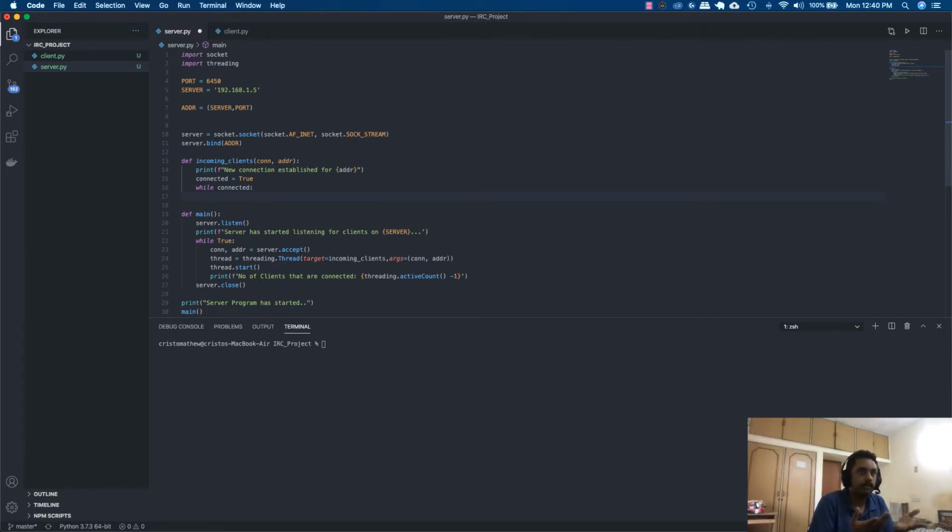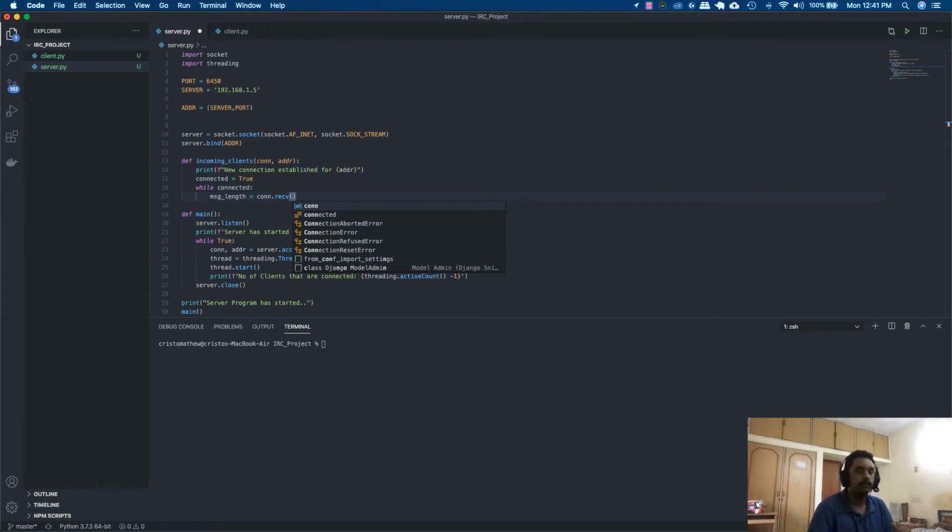For example, let's say our message has 40 bytes, and for now we are just receiving 20 bytes. Then there will be an error. So we want to know how many bytes we are going to receive first. So for that we'll just say message length